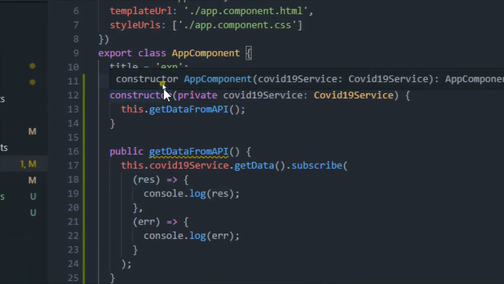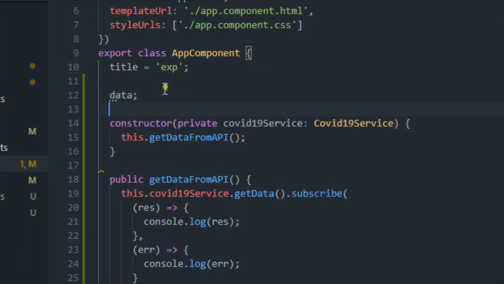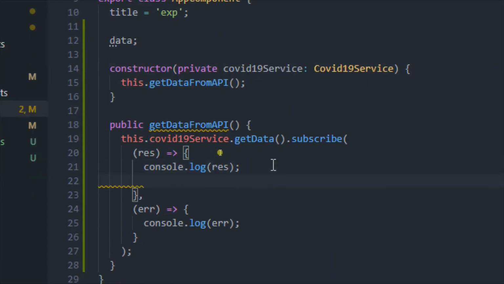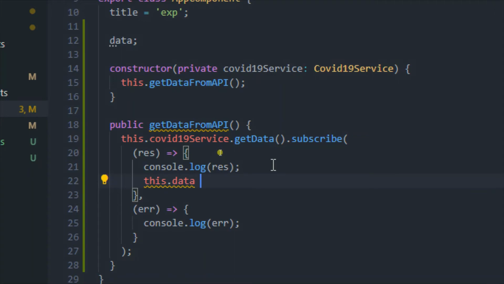I will create one variable called data, and as soon as I get the response, I will assign the response values to data, which is my local variable. So here we type this.data = res. That means we are assigning the response to data.